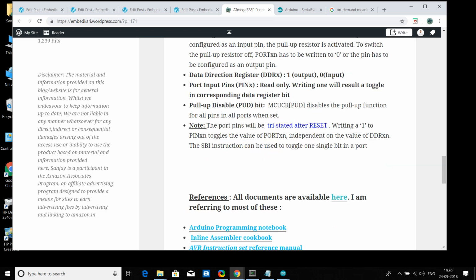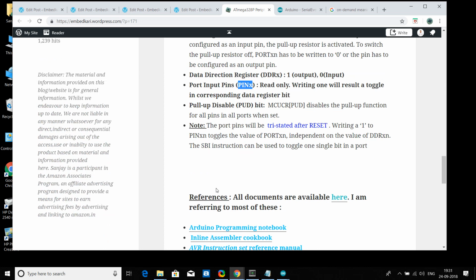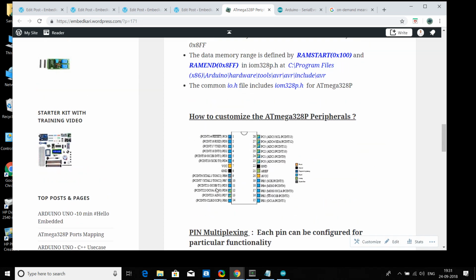so writing a 1 to the PIN register toggles the value of that particular port bit, independent of whatever direction is set in DDR. So if you write 1 to this particular input pin register, it doesn't matter what direction is there, it will toggle. There is also an instruction for that, SBI. Okay, so this was basically a quick